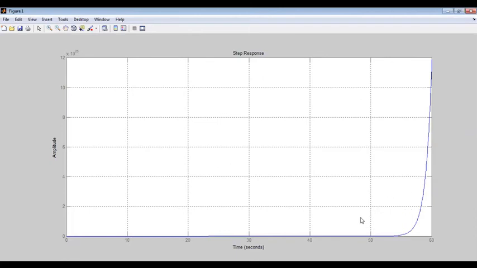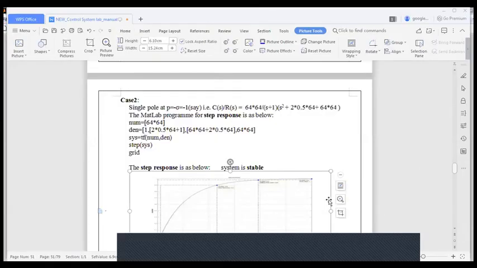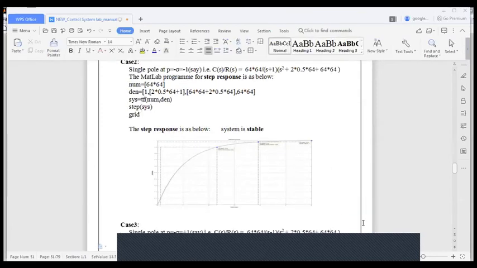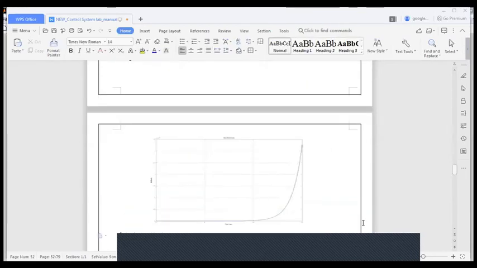Like this, similarly, in your lab manual, case 4, case 5, case 6 are given that you can do by yourself. That is when you have a single pole at p is equal to sigma is equal to 0. So in the denominator, it will be just s. So enter that. You can try this, because it's mechanical.